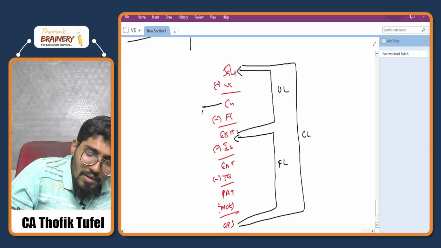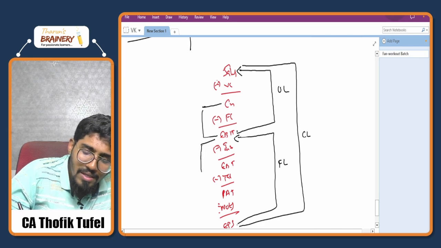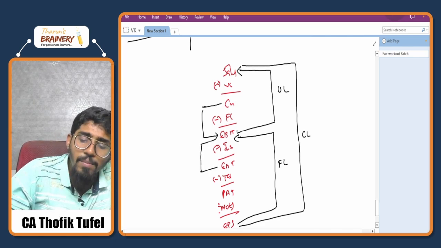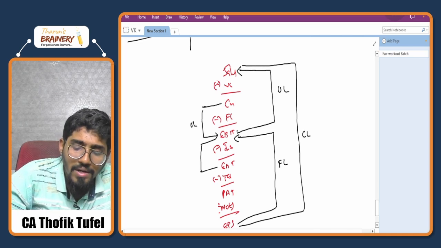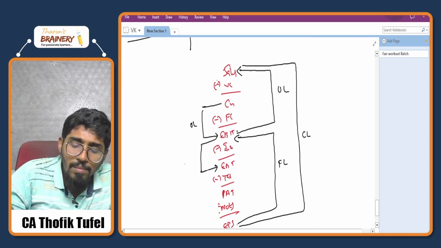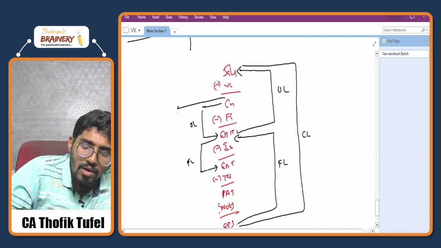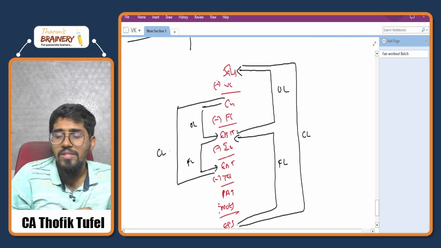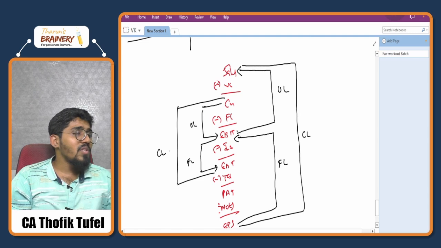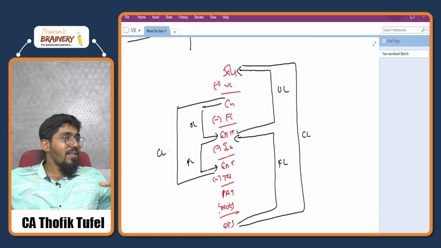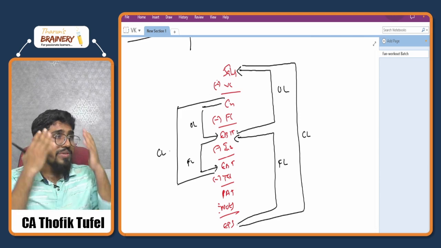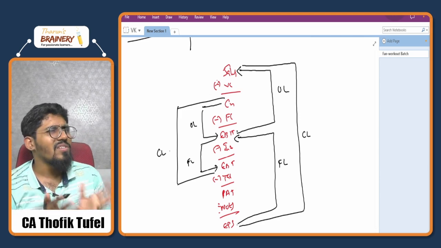On the left side, from top to bottom you have to come, again a namam. Contribution is connected with EBIT, EBIT is connected with EBT. Contribution divided by EBIT, from top to bottom, is operating leverage. EBIT divided by EBT is financial leverage. Contribution divided by EBT is equal to combined leverage. Another namam. So you just have to remember. If it looks like a 3, this is the visualization of how to remember the formula.